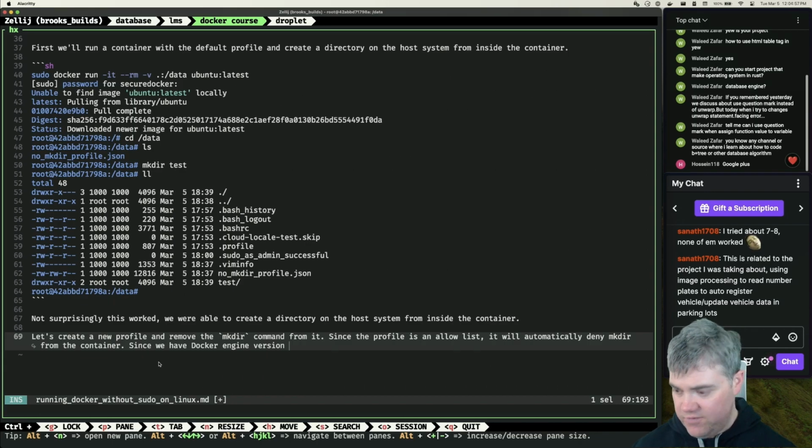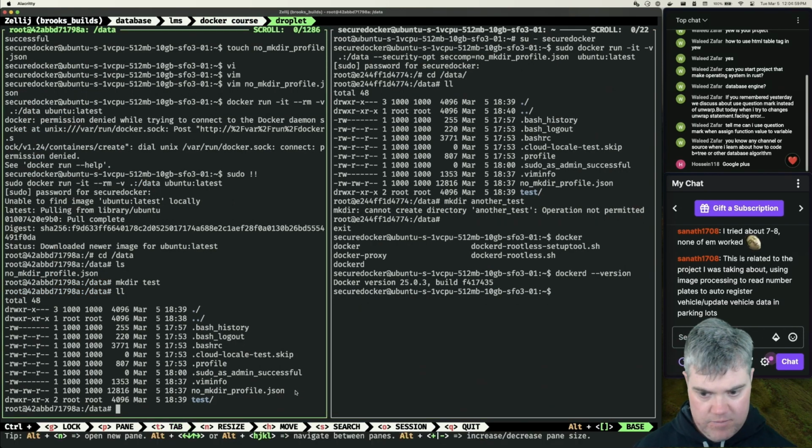Since we have Docker Engine version 25.0.3,